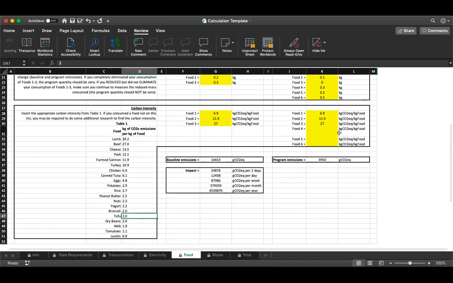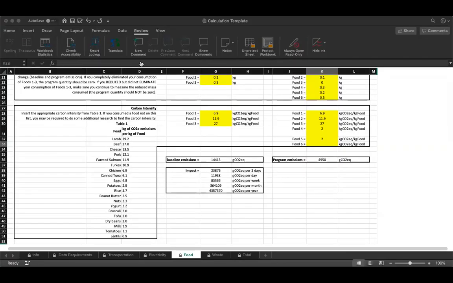So tofu is only 2. Beans is 2 as well. And soy milk, I don't see soy milk here, so we would have to Google it. So let's see if we can find anything quickly. We would say carbon emissions from soy milk. So they have pea milk, almond milk, soy milk. So 1 liter of soy milk